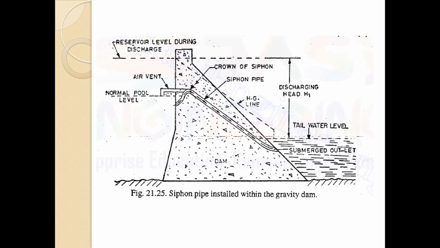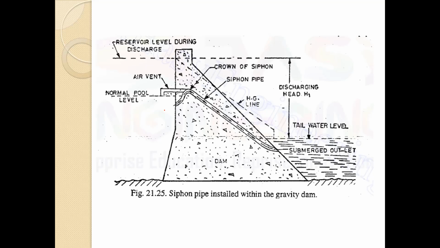The first is the tilted outlet type of siphon spillway. That is this kind of siphon spillway. It is constructed within the body of the dam. When a valley is very narrow and no space is available for constructing a separate spillway, the siphon pipes can be installed within the dam body, as you can see in the figure, and an air vent is connected with the siphon pipe. The level of the air vent may be kept at normal pool level, while the entry point of the siphon pipe may be kept still lower so as to prevent the entry of debris